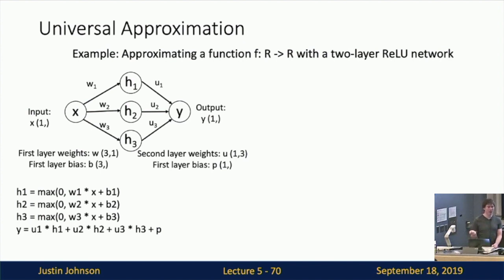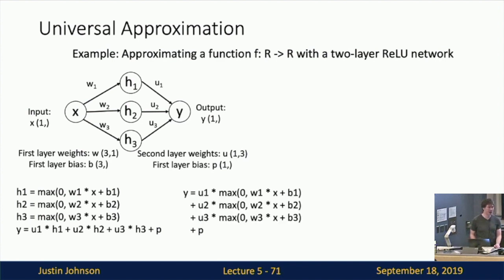And this, then it's a similar structure for all three of the units in the hidden layer. And then the output value y is a linear combination of these hidden layer values. In this case, I've written the second weight matrix as u. So the final output value y is u1 times h1 plus u2 times h2, and you get the idea. But now we can actually reorganize this output a little bit, and we can write down this output value y